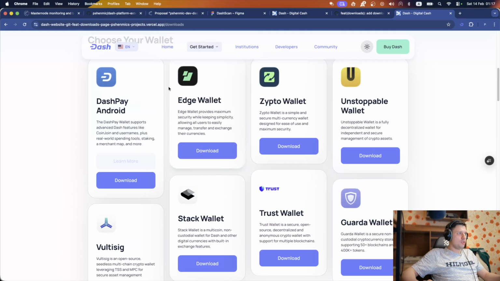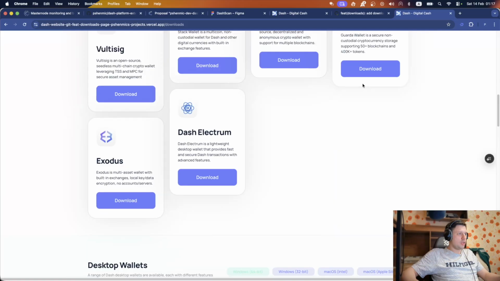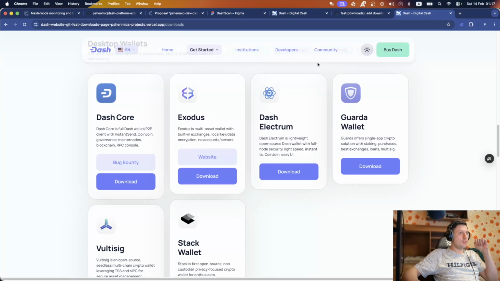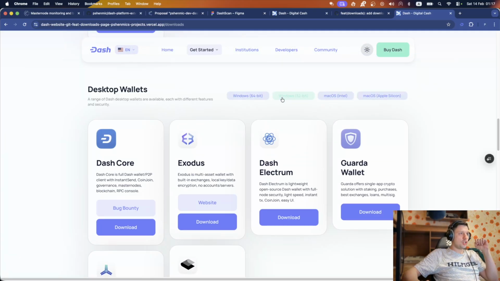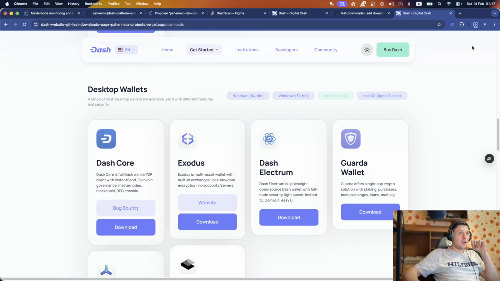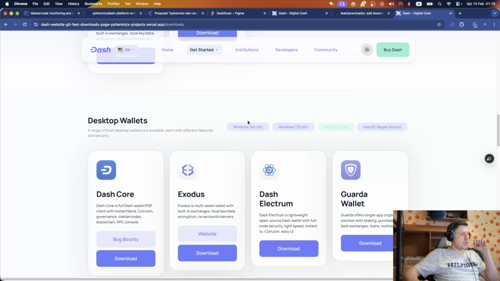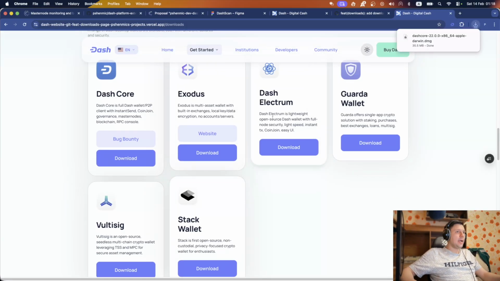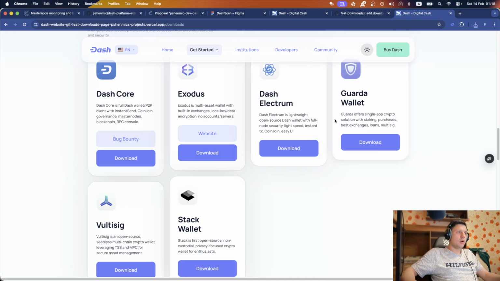So you can choose if you are on mobile. You can choose any of these wallets. If you're using the desktop, for example Dash Core, you can choose which operating system you are using and just download it. Right now it is static. All of the links in the downloads are static, but we are working on putting them into the Dash platform as well. As discussed before, we are going to have some kind of content management system which is based on Dash platform,